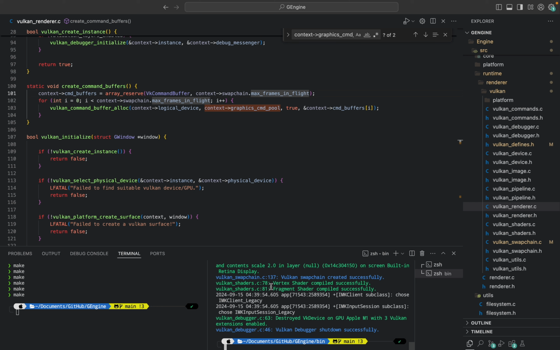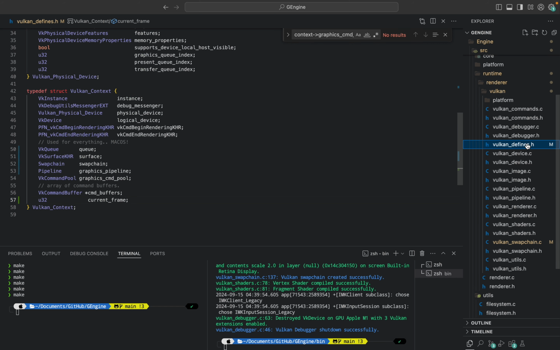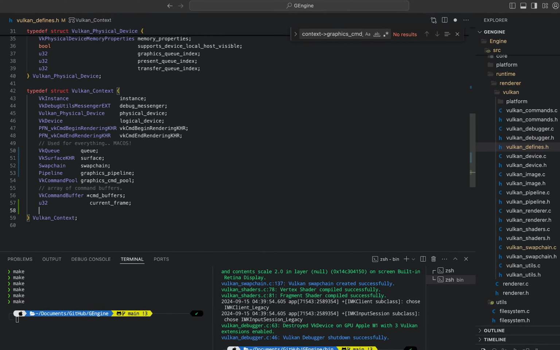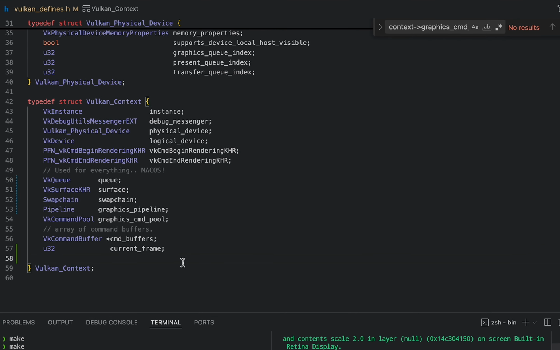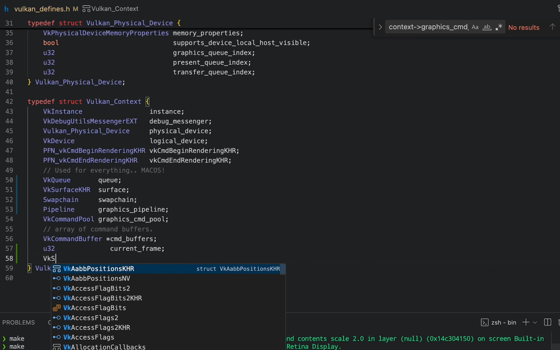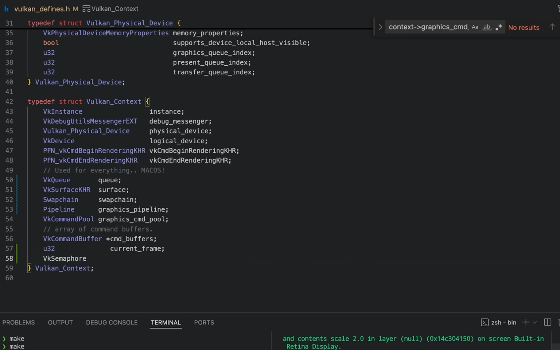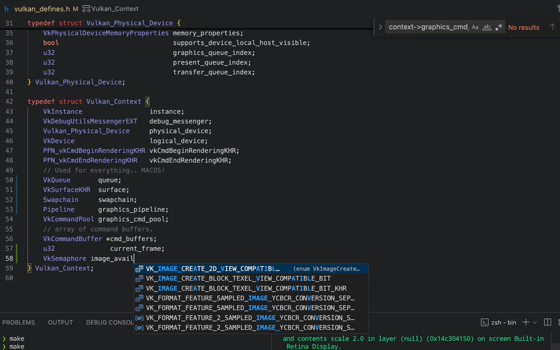All right, so what I want to do is set up our semaphores and our fences. Okay, so I'm going to go back into the defines.h, and right below the current frame, I'm just going to add a few variables here. So I'm going to have a VkSemaphore, okay, and then this one is going to be called, I think it was, image available